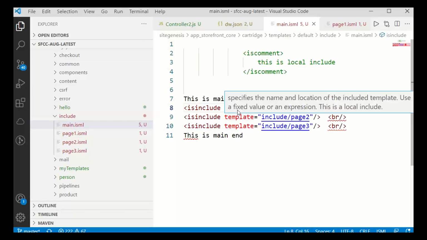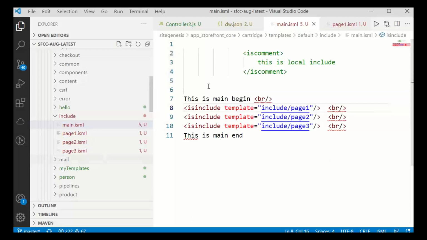If you use a template, it comes under local include. If there is a template include, it is a local include. One page is included in another page.